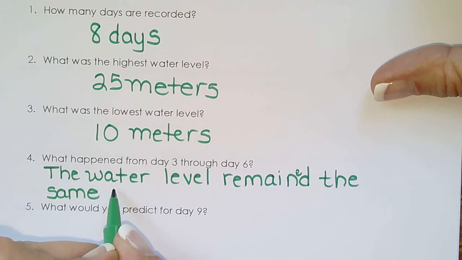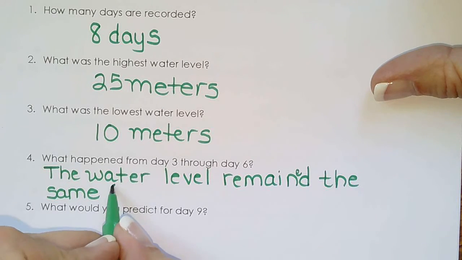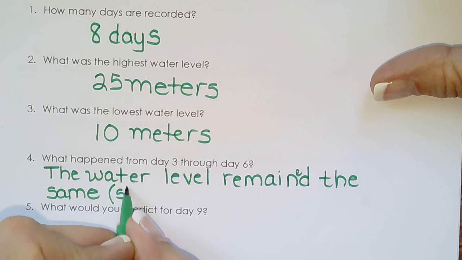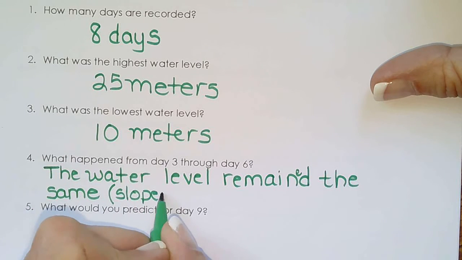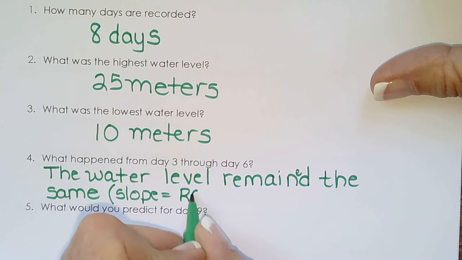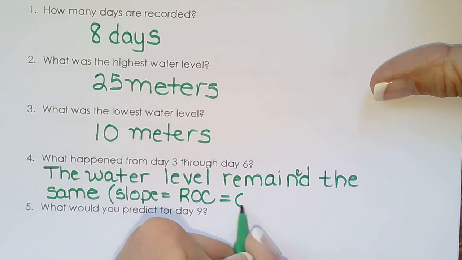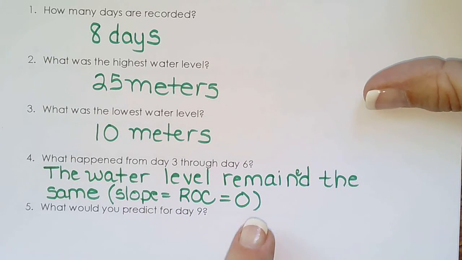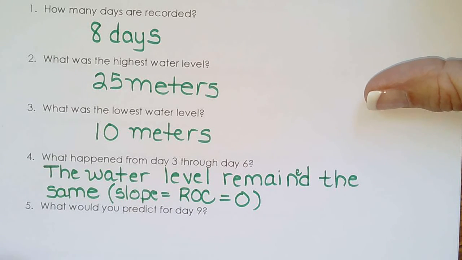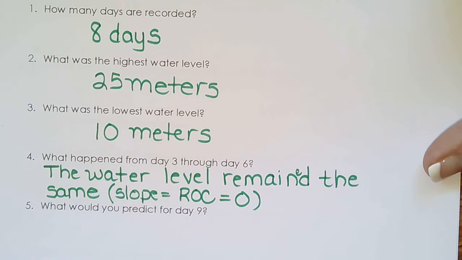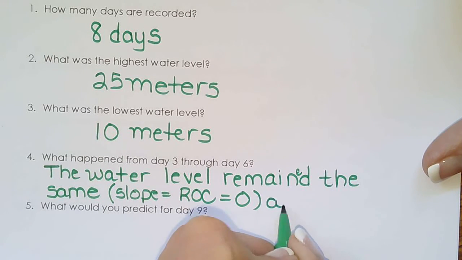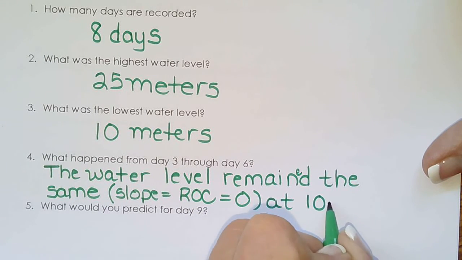So let's just put a little thing. Slope equals rate of change equals 0. That means no change. So the water level remained the same at 10 meters